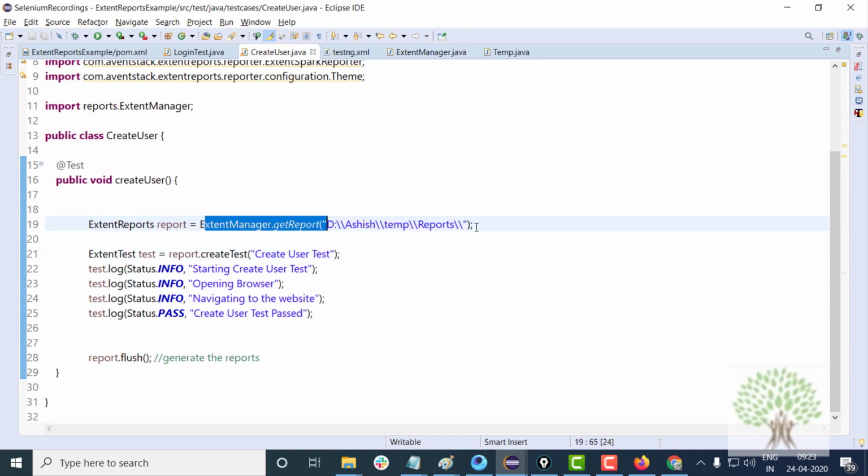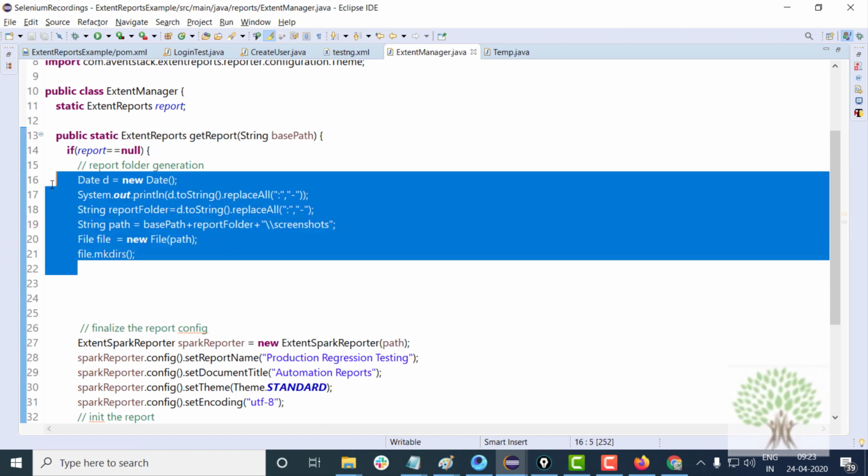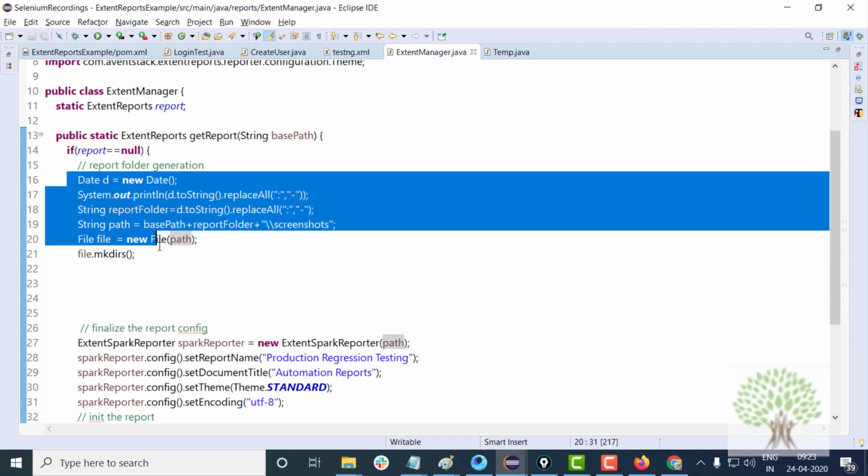Look, from the test case when you send the path, make sure you give a double slash in the end, because I am not giving it over here. I am just writing base path followed by the report folder name and the screenshots path. So this will generate the folder.